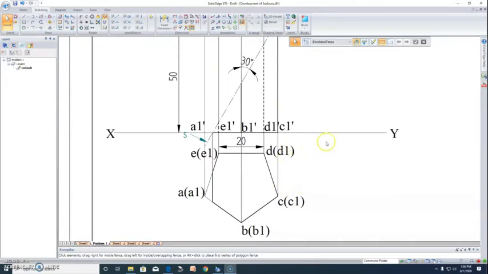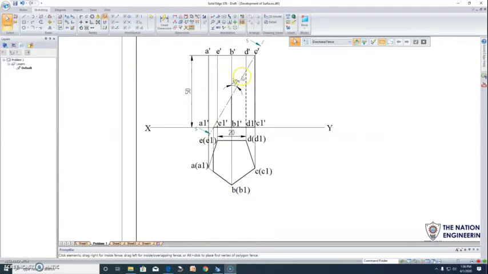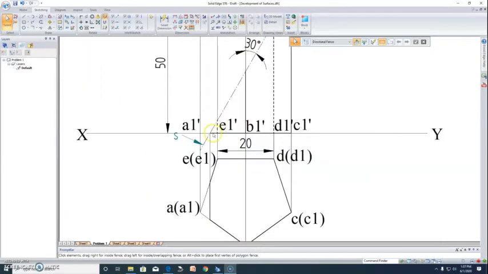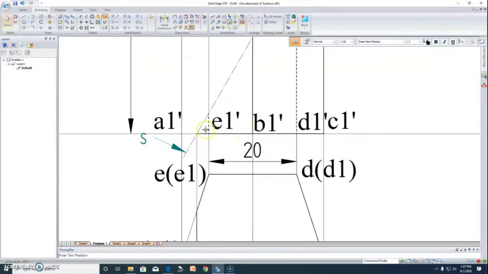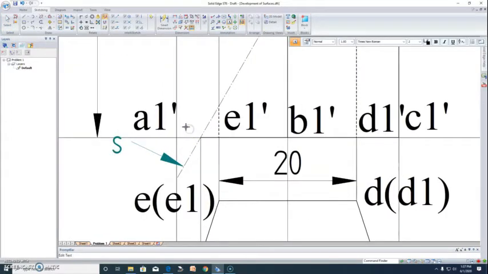So now we are going to mark the points where it has been cut. We'll start from each edge. If we consider A1, you know that the section plane doesn't cut A1. Instead it cuts the base. So let us say between A1 and B1 it is cut at this particular point. I'll go for annotation, I'll call this point 1. So that's the point where the base has been cut.